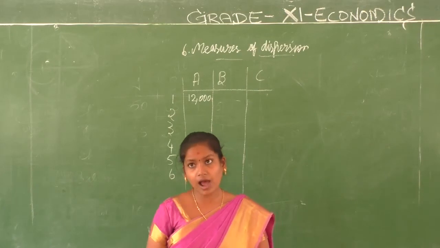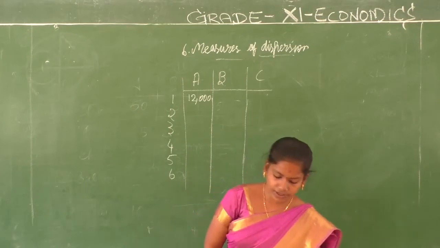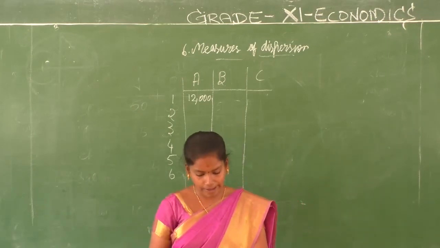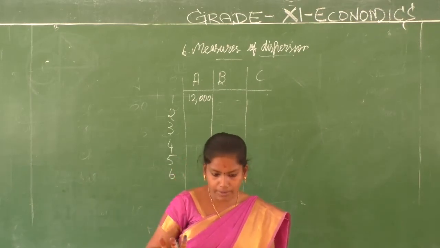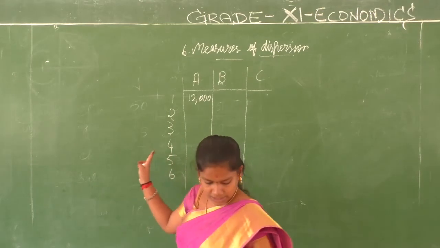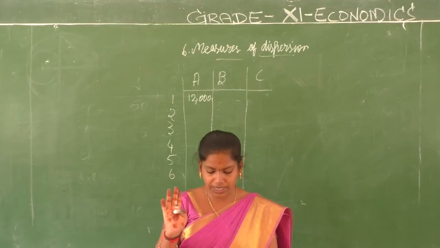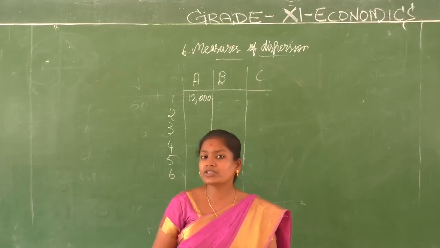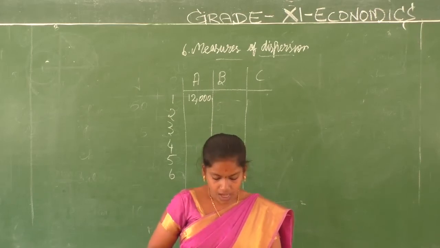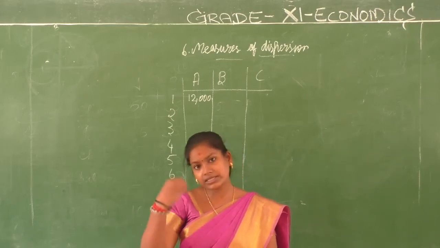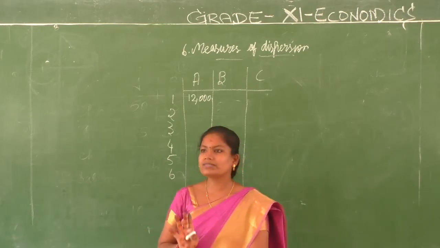Three friends, Ram, Rahim and Maria, are chatting over a cup of tea. During the course of their conversation, they start talking about their family incomes. Ram tells them that there are 4 members in his family. So how many members does he have? 4 members in his family, and the average income per member is rupees 15,000. So the average income of the family, per person's income, is 15,000. Rahim says that the average income is the same in his family. But what happens? The number of members is 6.